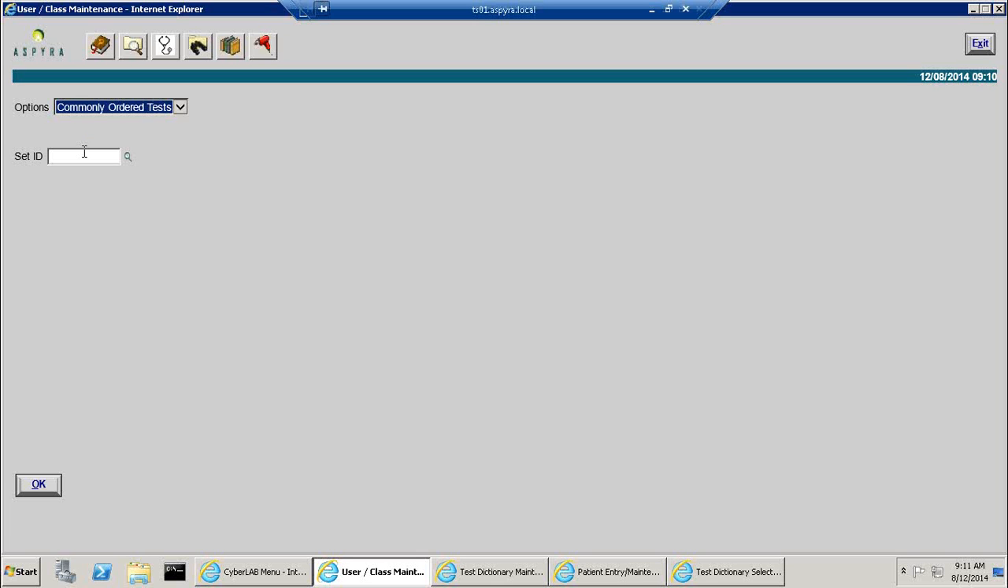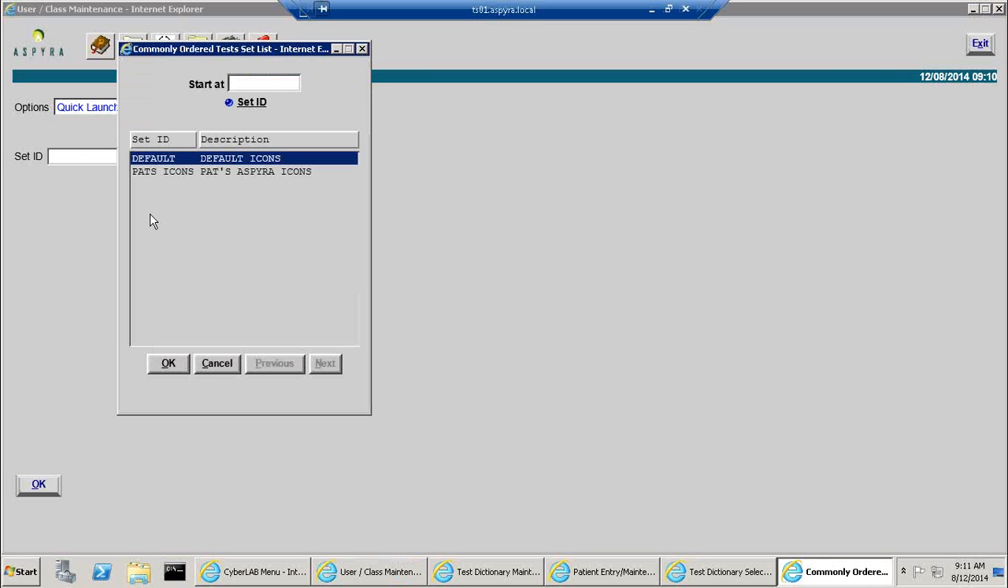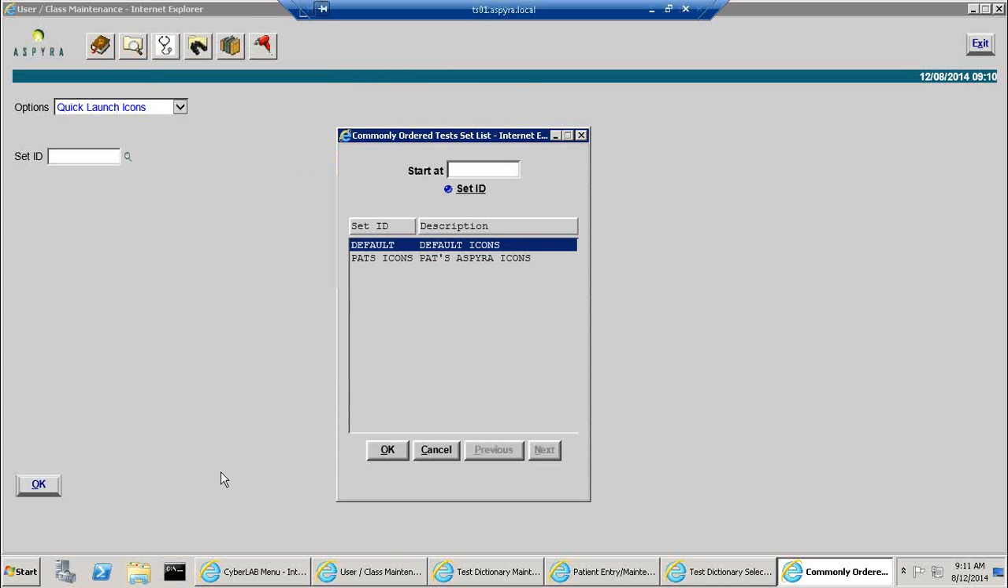The last piece of information on this menu is the quick launch icons. I think for my money, in the almost 15 years I've been with Cyberlab, the quick launch icons have been one of the coolest things we've ever come up with. There are a couple of things I wish it would do a little differently, but it's still one of the coolest things. These quick launch icons are also set up in sets, so that we create a set and